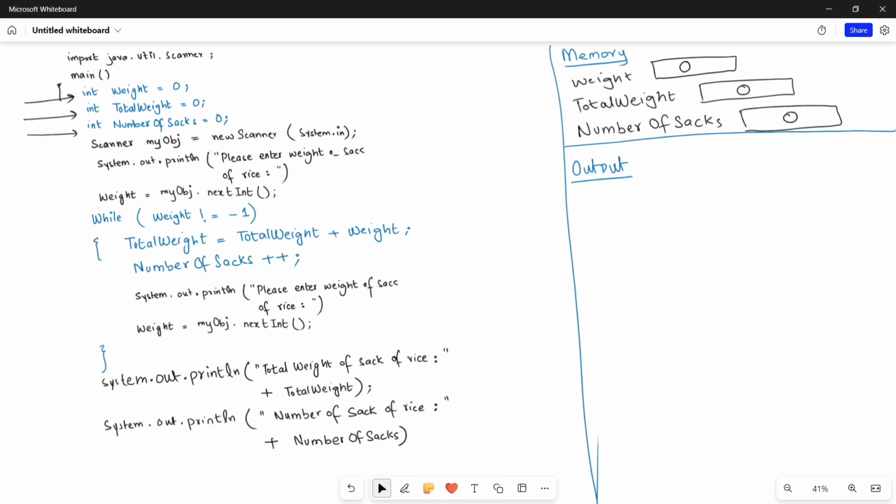Okay, next you have started with your input statement, and in the input statement you made the object of a scanner class, and you will use it once you want the input from the user. Next, system.out.println is your output statement that is going to show the user a message: please enter weight of sack of rice. Once the user sees this, he's going to write down,